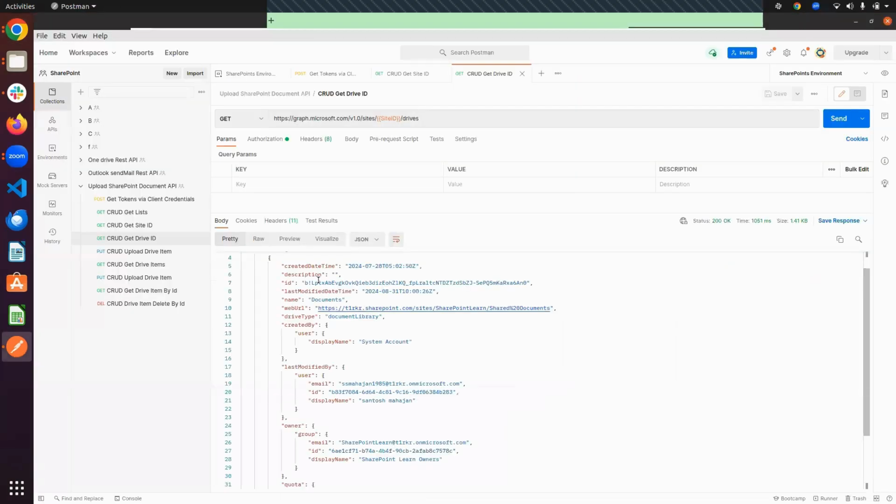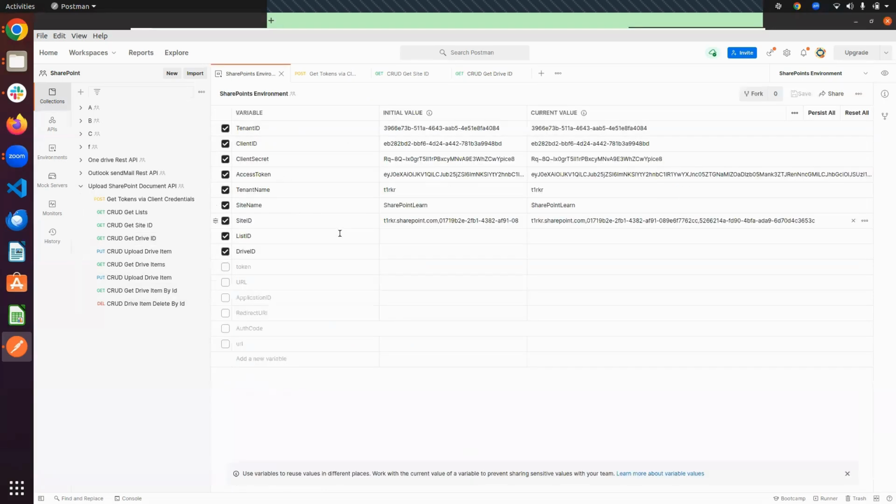So we successfully got the drive ID. Just copy this and paste it into our environment variable as the drive ID, and save it. Friend, we have successfully got the site ID and drive ID, right?